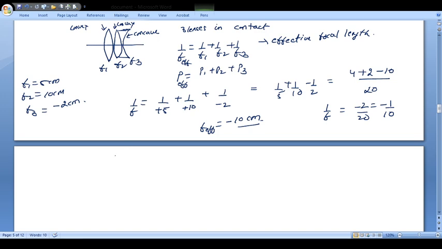And if I say what is power? Power is reciprocal of minus 1 upon 10. So 10 centimeters, so 10 upon 100, है ना. So minus 100 upon 10, this will be minus 10 diopter. Or what you could have done is, you could have taken focal length, P1 निकाल लो, P2 निकाल लो, P3 निकाल लो, and then you could have calculated the effective power. So this is basically how you can calculate the effective focal length and effective power of a combination of lenses.